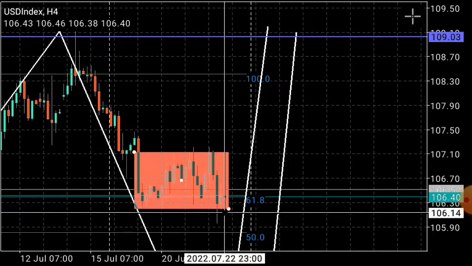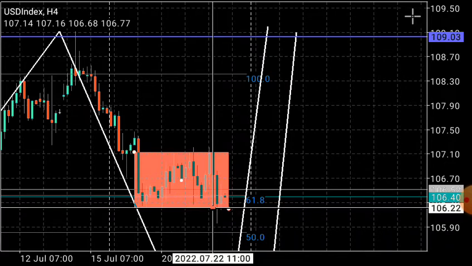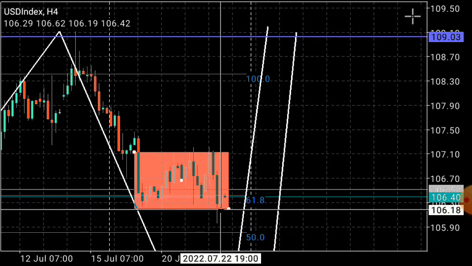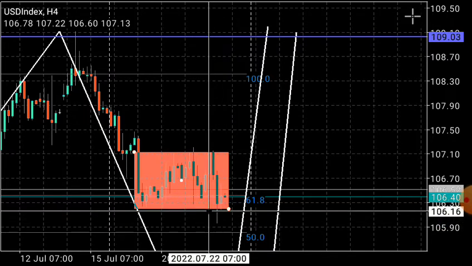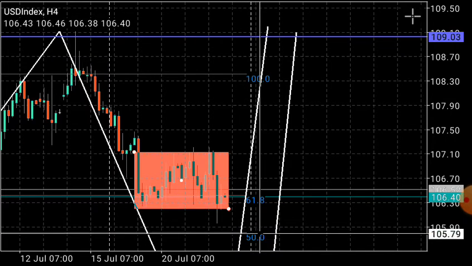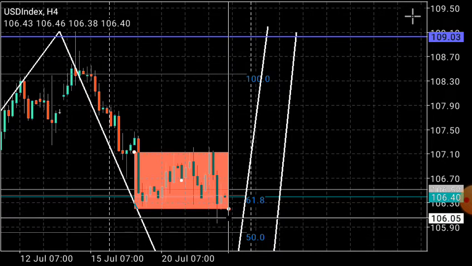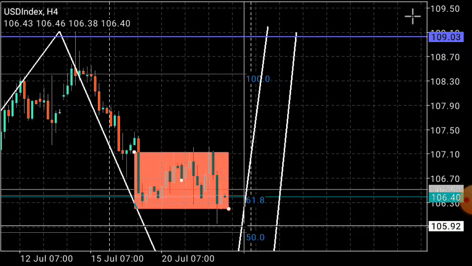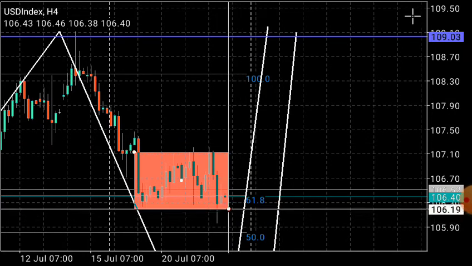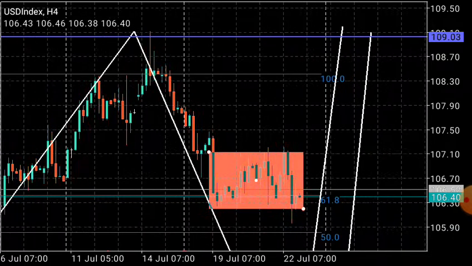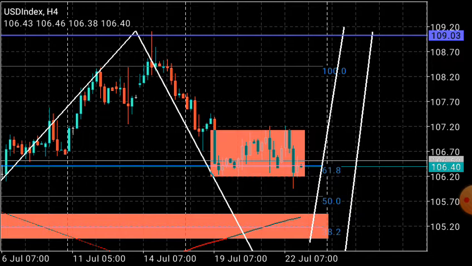You understand? The DO theory says when price breaks the previous low, it's a change of direction. So it already opened for sales. You understand? So now what we'll be looking for is further downside on the dollar index, and this means EURUSD will be buying, GBPUSD will be buying, gold USD will be buying, and then USDJPY will be selling. USDCAD will be selling. You understand? I hope you get me.